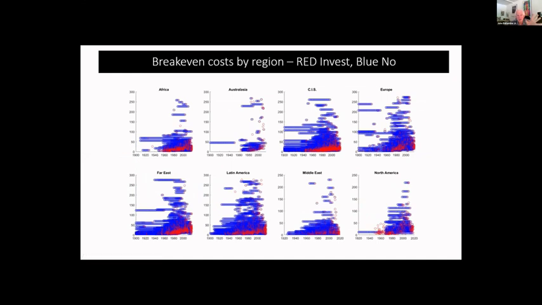Here's the other part that's interesting. Now we're saying we've got firms who have decided that they've got fields. When do they invest? When do they develop it? And again, this is off of field level data and looking at break-even costs. The red is investments, and I'm looking at different parts of the world. What we're trying to show here is that you can see the difference in the break-even costs. It's quite different in different parts of the world. And then there's a discretionary decision to develop it.